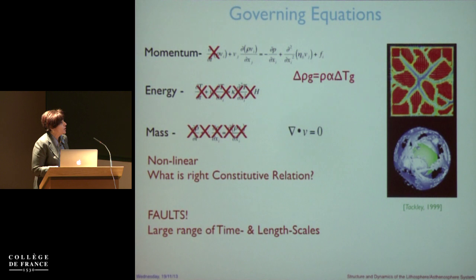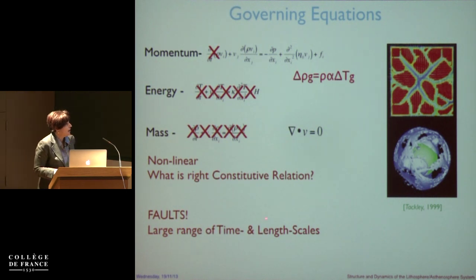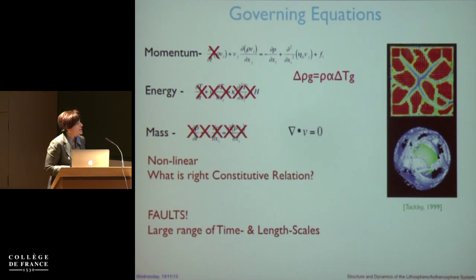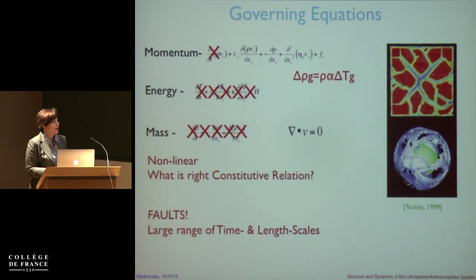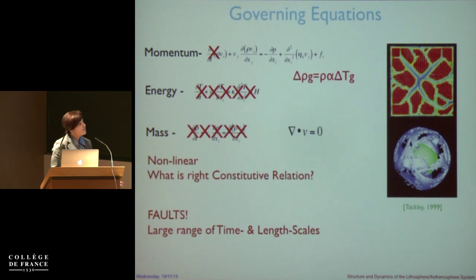Or another way to put it, again, not with as much flair as Nicola, is that we have faults, and it's a large range of time and length scales to try to model in a fluid, right? Where in a fluid, if you have any piecewise continuity of velocity, you're creating a singularity at those boundaries. However, instead of taking the approach of trying to put in a lot of rheological laws from the lab, which are not measured at the right strain rates,